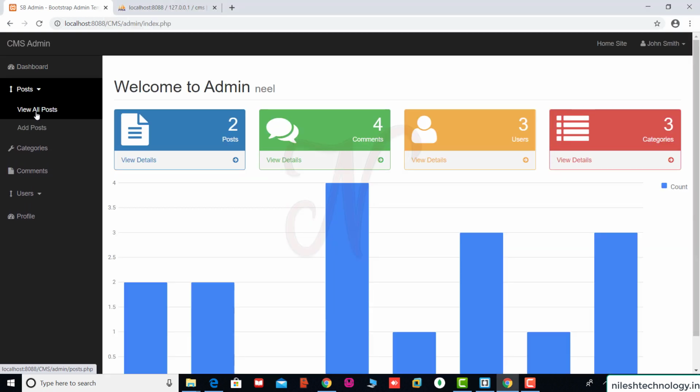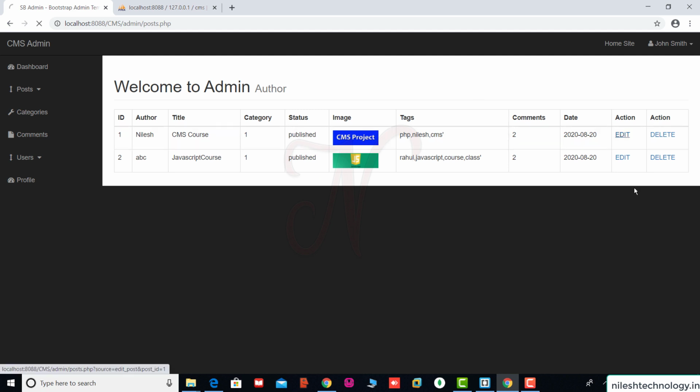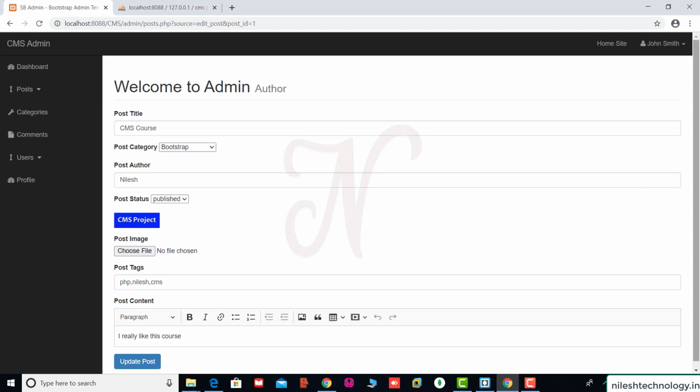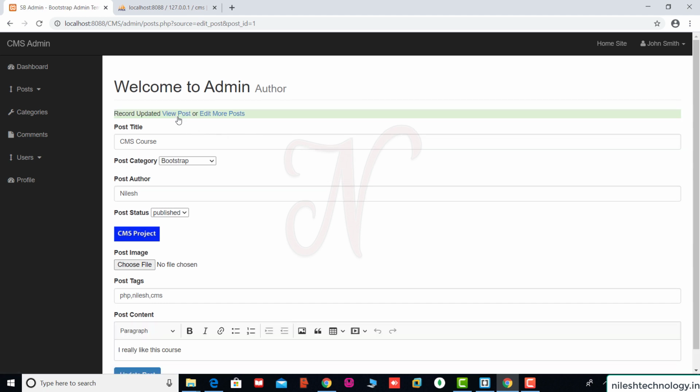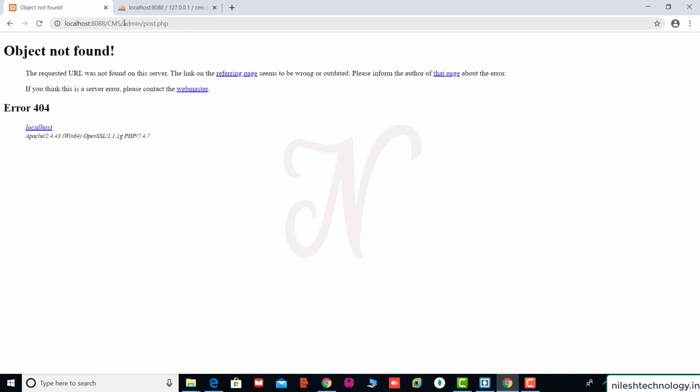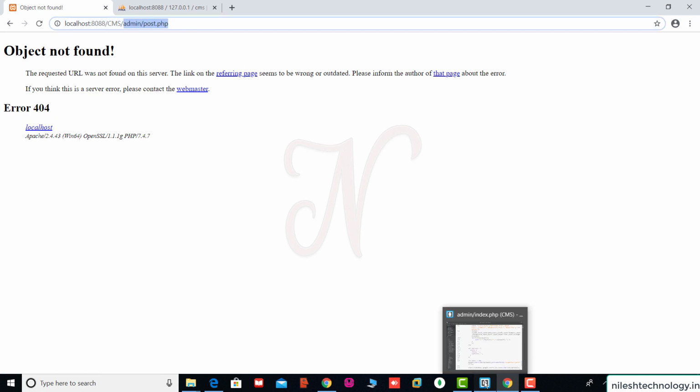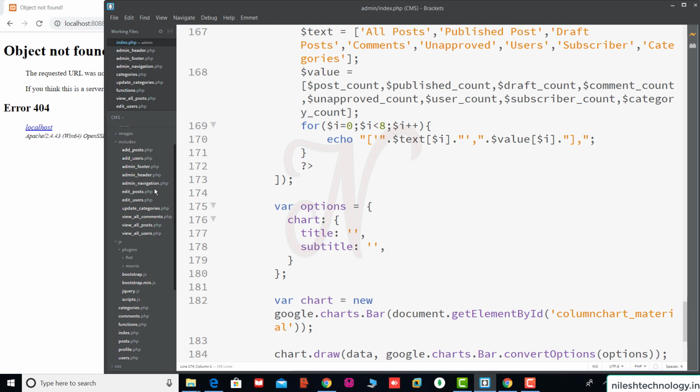So going to this view all post, click on edit. Okay, see, after updating the post, these two links, when you click on this edit more post, post.php.